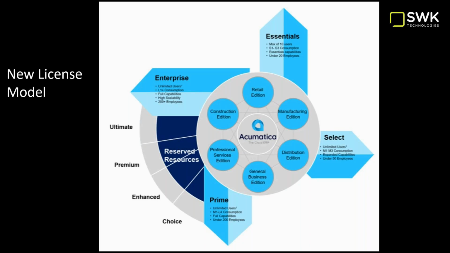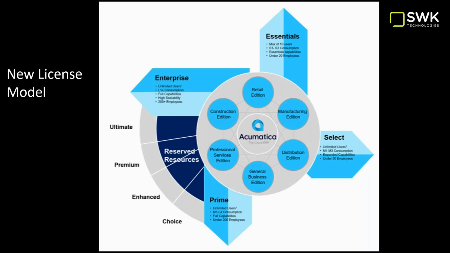So the model is made up of a few things. In the center of the model here, you'll see editions. If you're a new prospect for Acumatica, the first thing is you're going to find the edition that has the features that most likely match your business. It could be that you're both construction and distribution, and we can combine those together. Then there are ancillary modules, CRM, expense claims, things like that. But you're going to pick the software feature functionality.